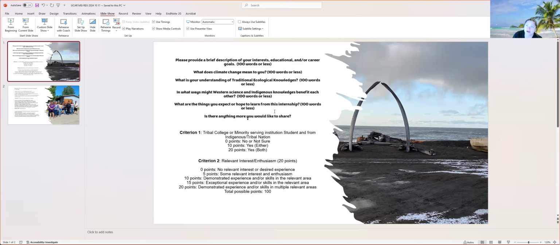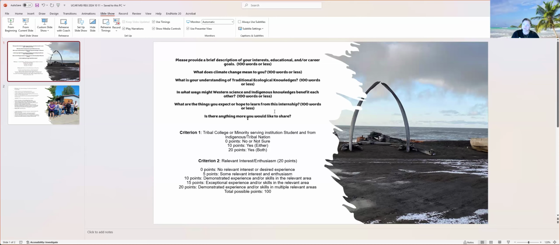How are they grounded in their culture, or are they learning because they've grown up in the city, or grown up outside of a Native community? We want to know if they are in sciences, because we do hope that they come from different sciences. We want to know their opinion of how Western science and Indigenous knowledge can work together,